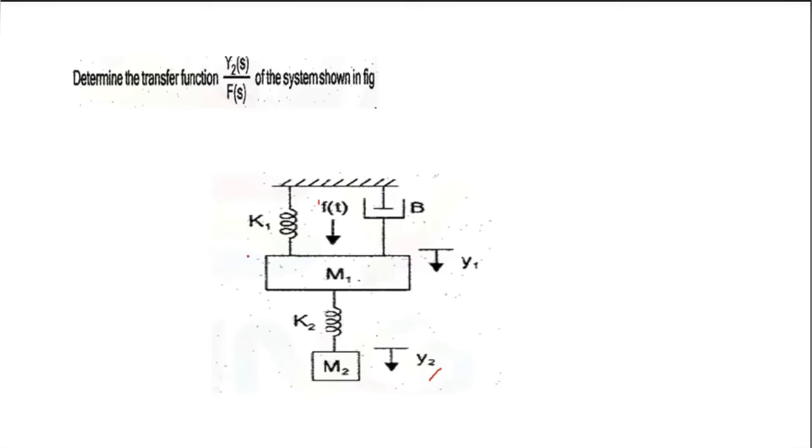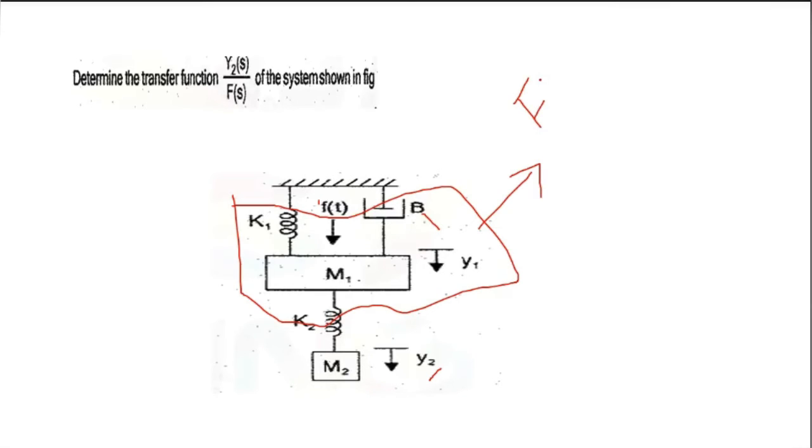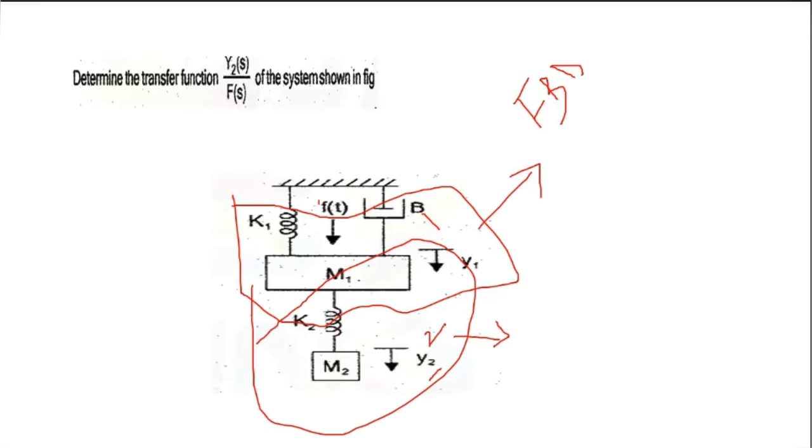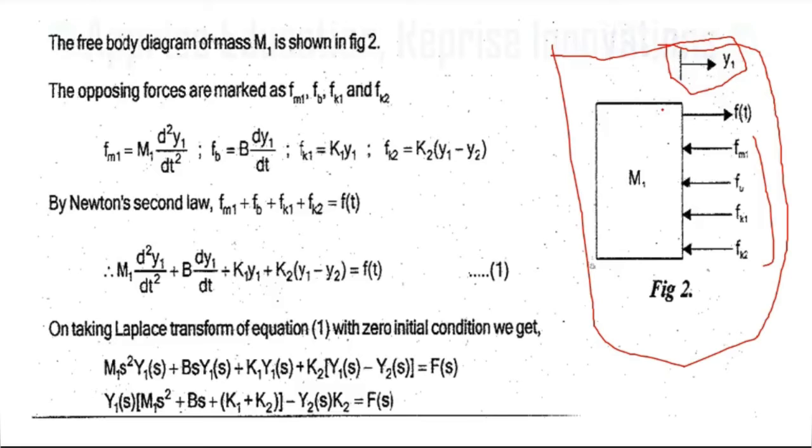Can you do it? Take this as node 1. Draw the free body diagram. Then consider the second mass as the second node and draw the free body diagram of this also. Just do it. Conventionally, whatever the direction of internal forces, take the applied force in the opposite direction and the displacement also in the opposite direction.